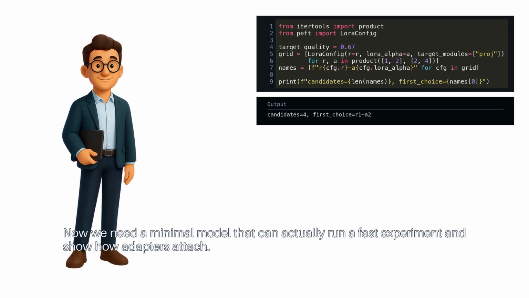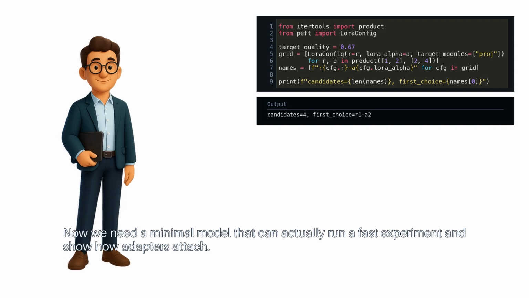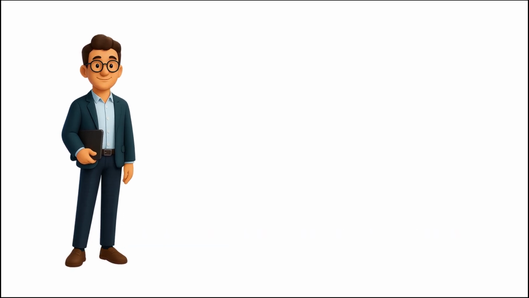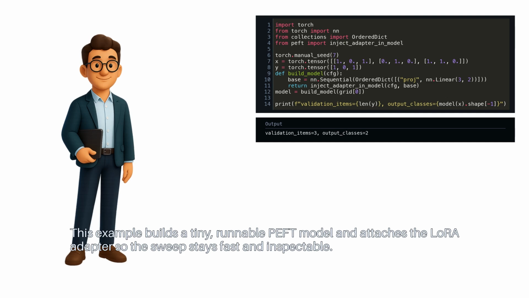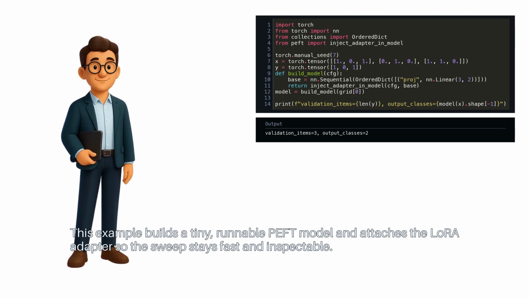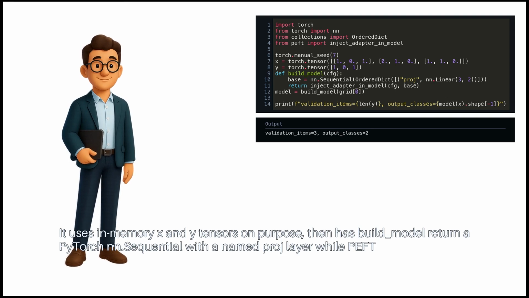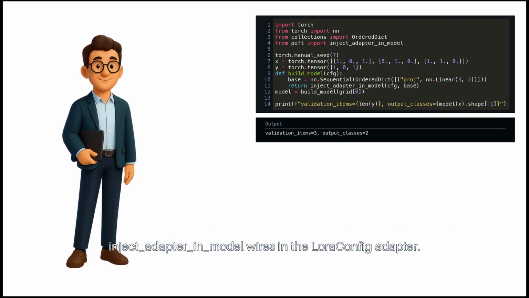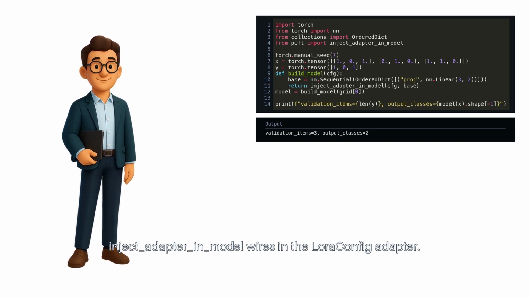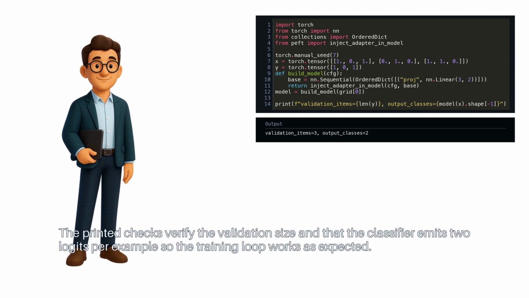Now we need a minimal model that can actually run a fast experiment and show how adapters attach. This example builds a tiny, runnable PEFT model and attaches the LoRA adapter so the sweep stays fast and inspectable. It uses in-memory X and Y tensors on purpose, then has build_model return a PyTorch nn.Sequential with a named proj layer, while PEFT's inject_adapter_in_model wires in the LoraConfig adapter. The printed checks verify the validation size and that the classifier emits 2 logits per example, so the training loop